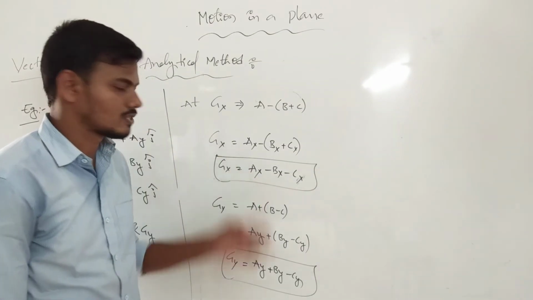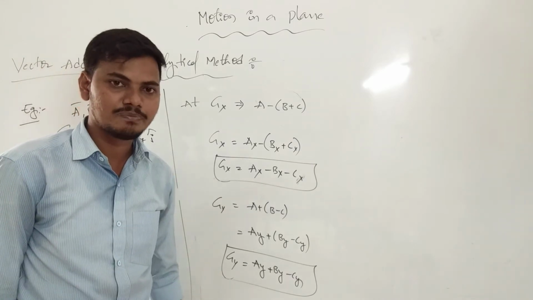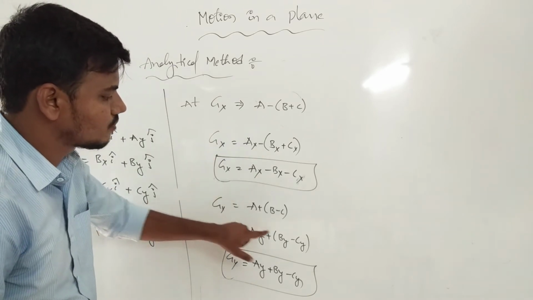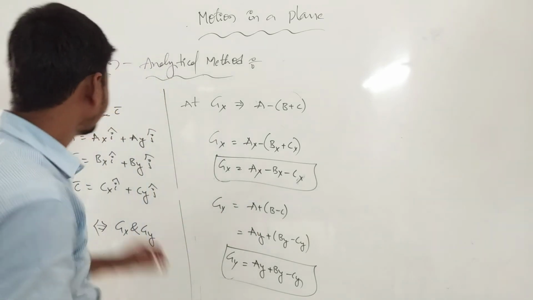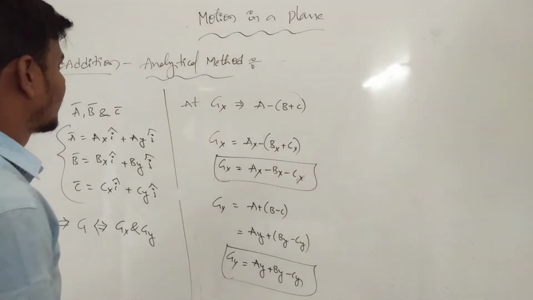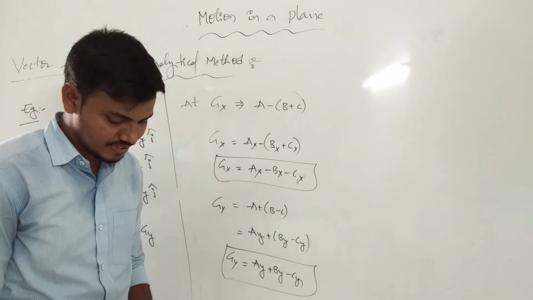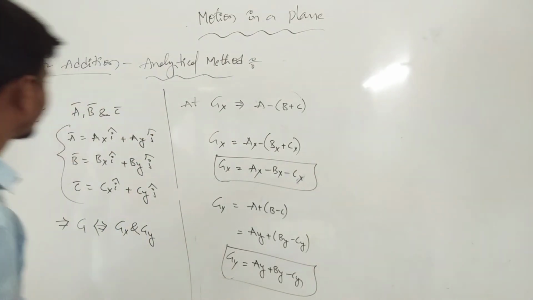Okay, this one is the associative law. Clear one? Associative law: A plus B plus C is equal to A plus B plus C. We can introduce it into the negative path also, and into our previous one. Clear one? Now this is the vector addition, analytical method. Clear? We are going to take the best example, the theoretical and problem-based derivation of the equation.